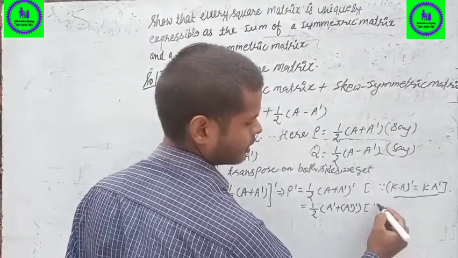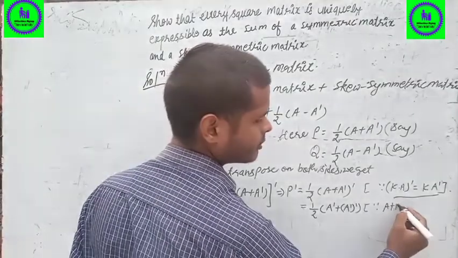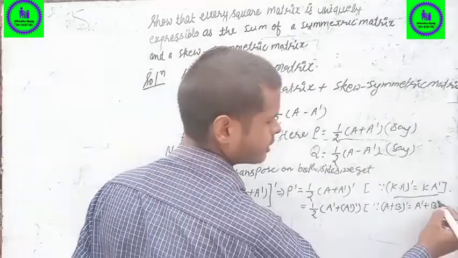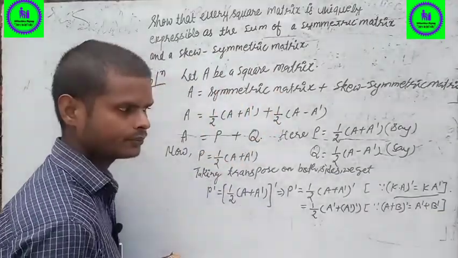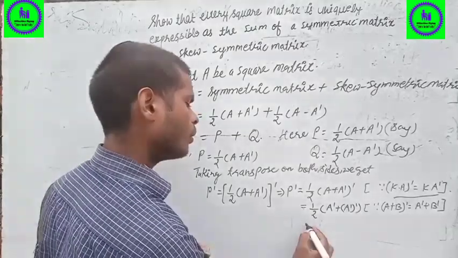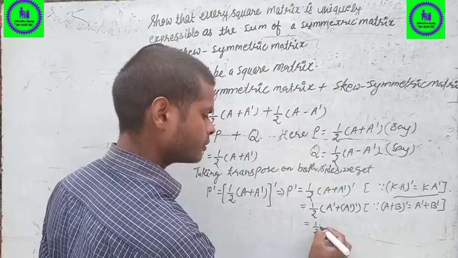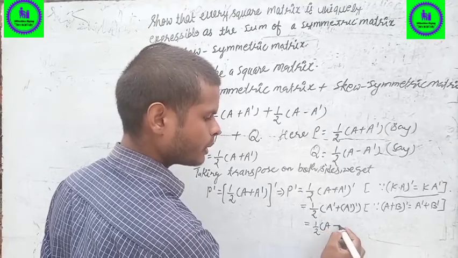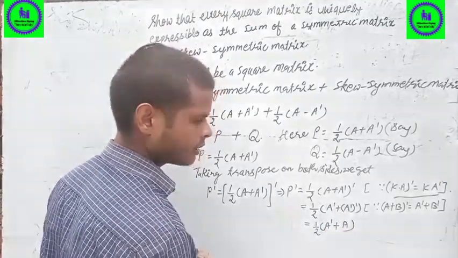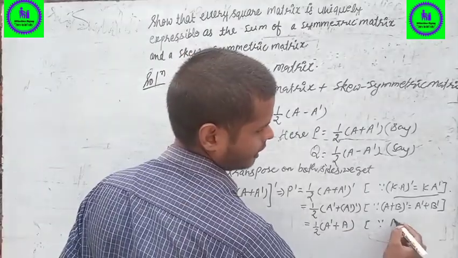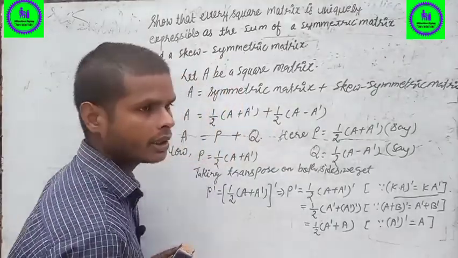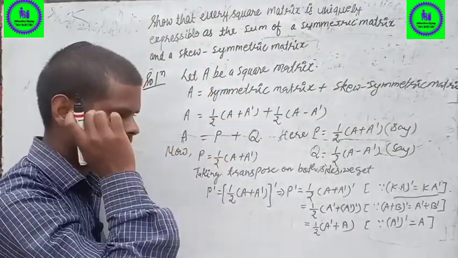Since we know that (A plus B) whole dash is equal to A dash plus B dash, now 1 by 2 into (A dash plus A dash whole dash). Since A dash whole dash is equal to A by the property of transpose of a matrix,